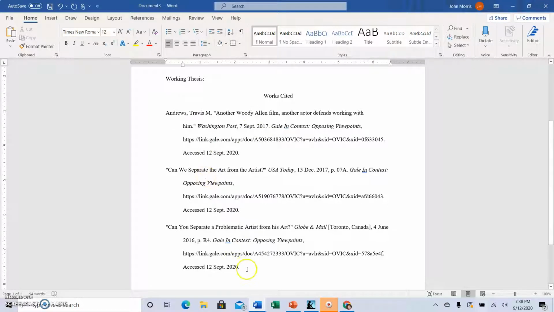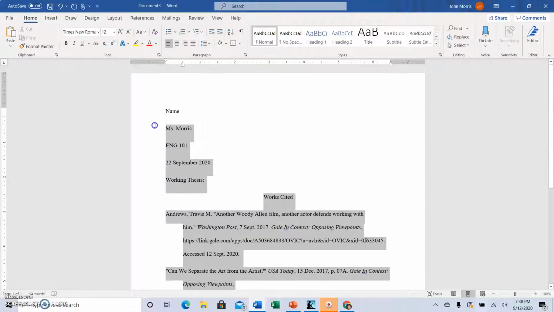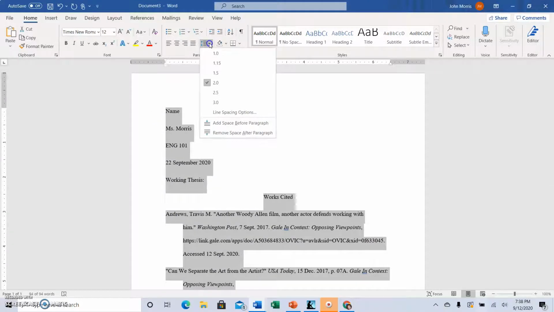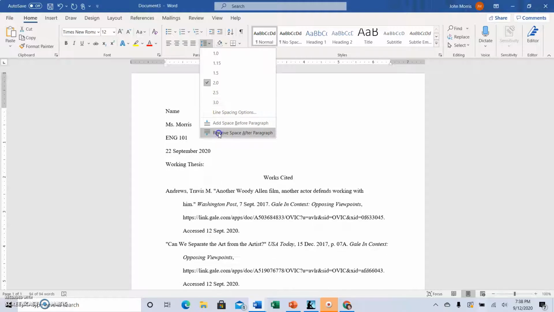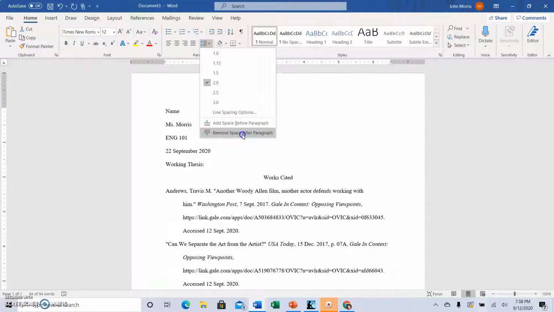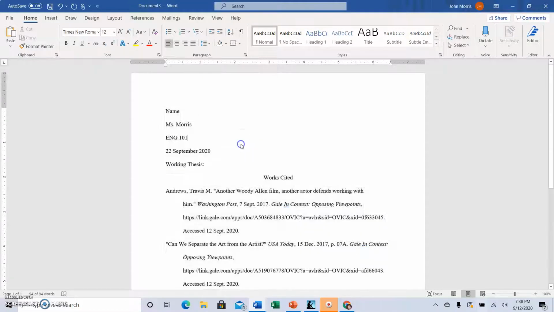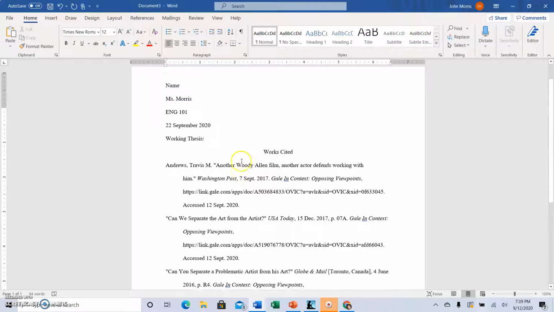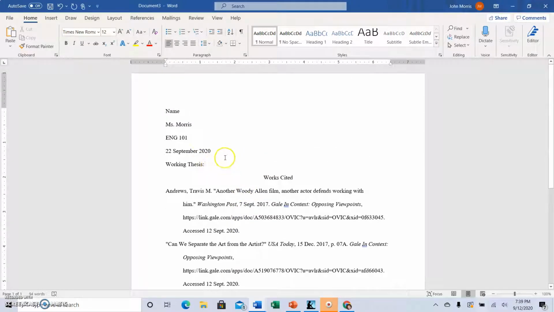So the extra space is a problem. So you'll want to highlight the whole thing, go back to your spacing thing up here, and see where it says remove. I need to click remove. So when I don't have it, look how big it is. And then when I hover over remove, see it shrink up. So that's what I need. I don't want any extra spaces. And then I also want to